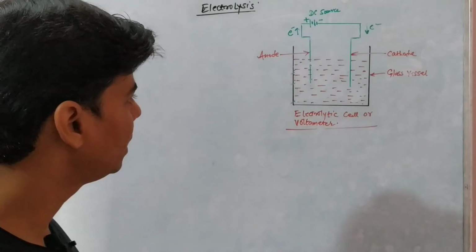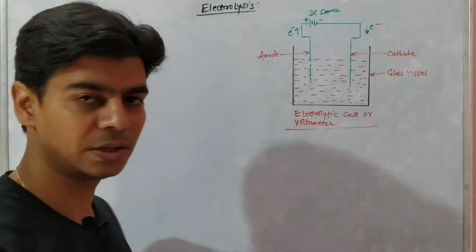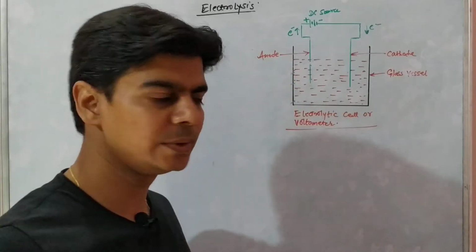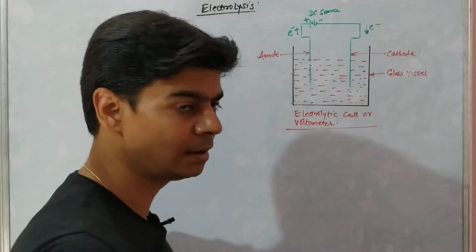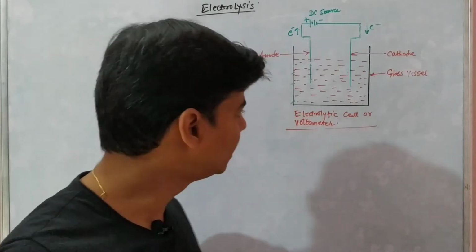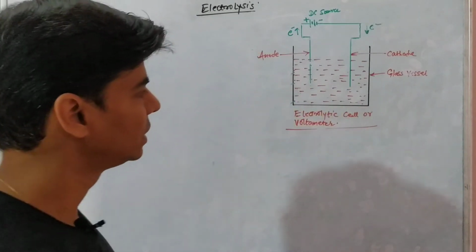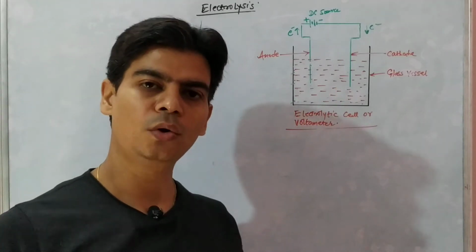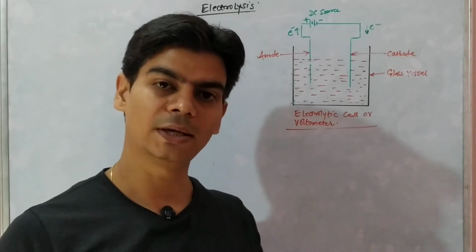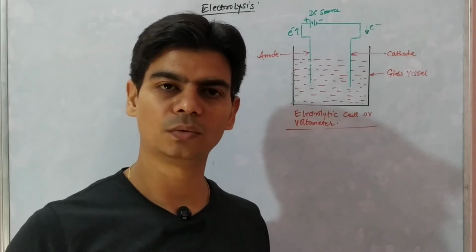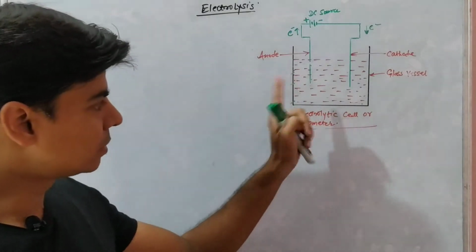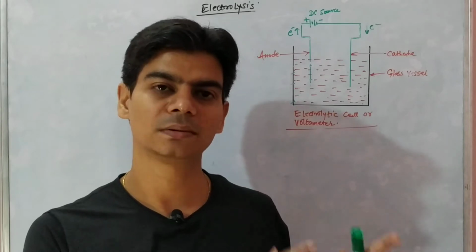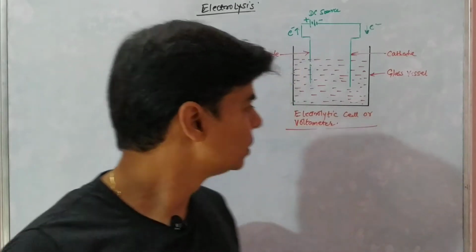So the diagram that you see here is a simple arrangement that is used to carry out the process of electrolysis, right? Now in this arrangement you see this is a glass vessel which is made up of a non-conducting material, right? And inside this glass vessel it contains electrolyte, right? And we know that electrolyte is a solution of an electrovalent compound or electrovalent compound in molten state, right? And this electrolyte contains mobile ions. Mobile ions means cations and anions, right?